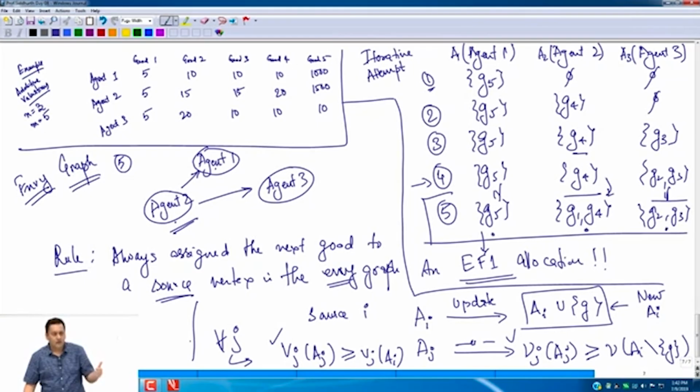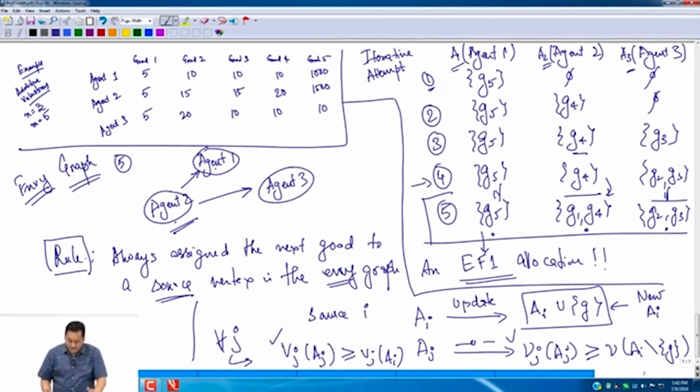So, what I am saying is that initially I started with an empty allocation, so everyone had just the empty set, these AIs corresponding to all agents were empty, so that's envy-free and hence EF1, and what we are going to do is maintain this property inductively. We are going to maintain it as an invariant, and this rule that I just outlined accomplishes this task, and let's go over it one more time to hammer it in.